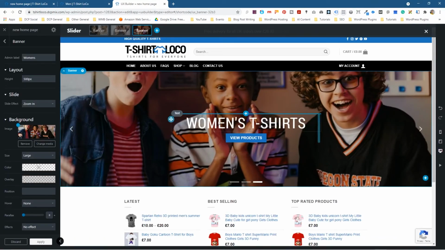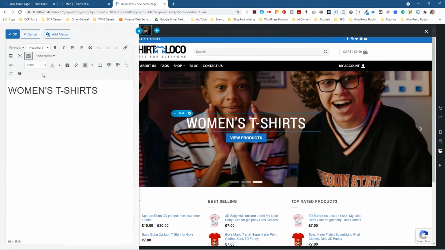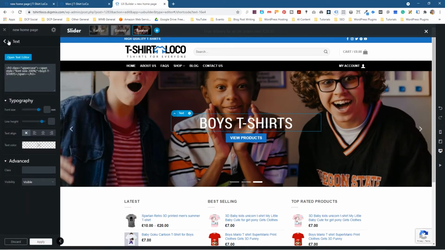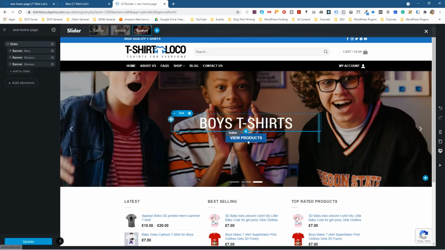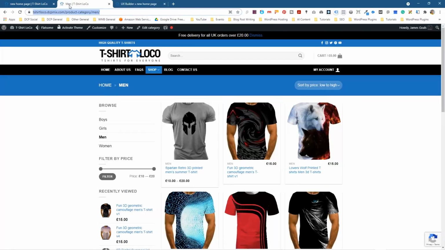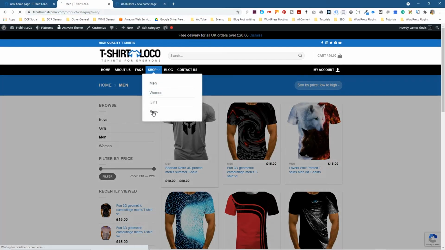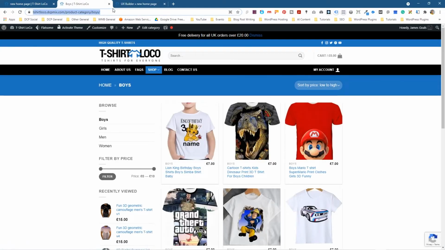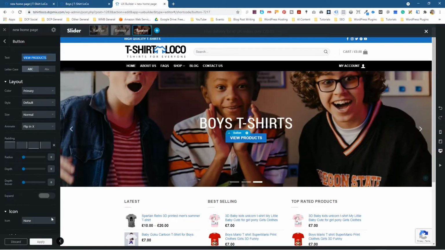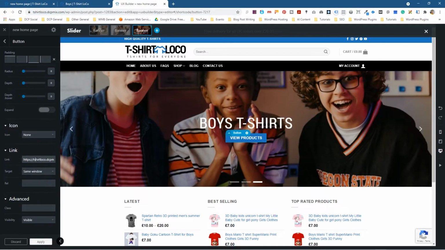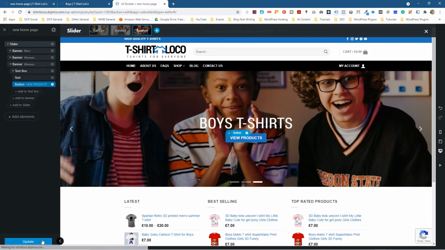You can see the picture in here. Let's click on this text, open it, and we'll change this to boys and click OK. Click OK here. We'll click on this button, go into the categories here, and we'll click boys, copy this text, and we'll go back to the UX editor, and we'll scroll down through this button and replace this URL, click apply and click